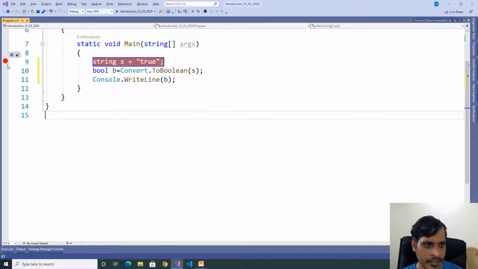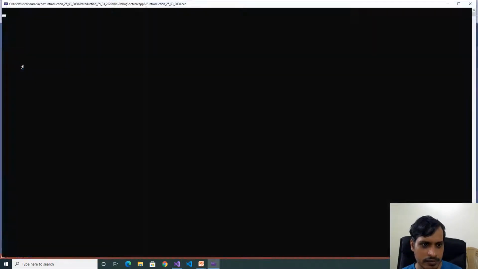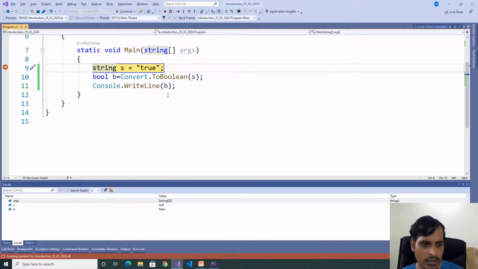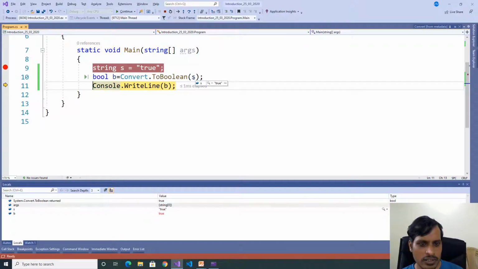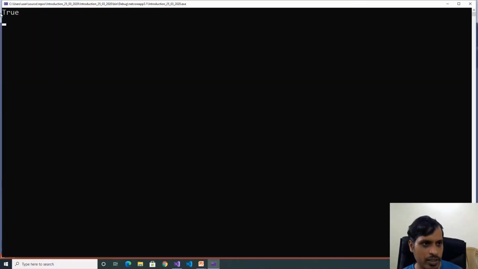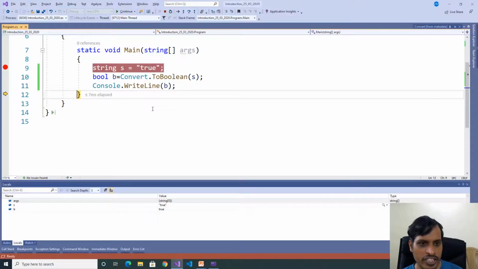Put a breakpoint here, F5. Here string s default value is null, and boolean default value is false. F11, now s is equal to true. Now string s contains a correct value, so it will convert from string to boolean. F11, now this string is converted to a boolean value. F11, print the output, so we don't have an issue.